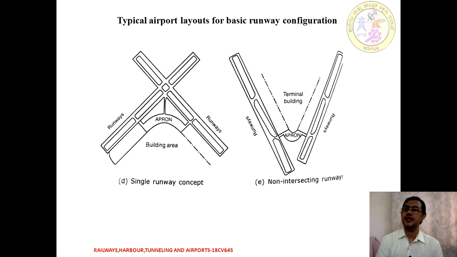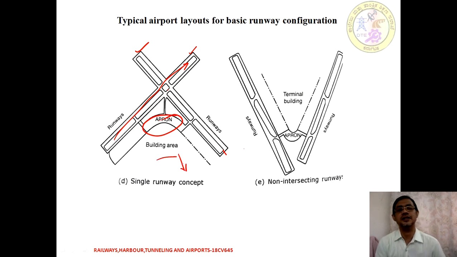If the wind data does not give full coverage, in such cases we opt for a two runway concept. It is a single layout, but with the intersection of two runways. One runway may be in a north-south direction, just as an example, and the other runway running east-west. It means we can operate in two directions at a time depending upon the wind intensity. Then the other amenities are arranged so that the area left over at the intersection on the land side is used for an apron and building area, with other construction done on the other side.